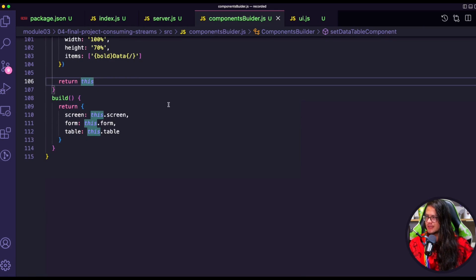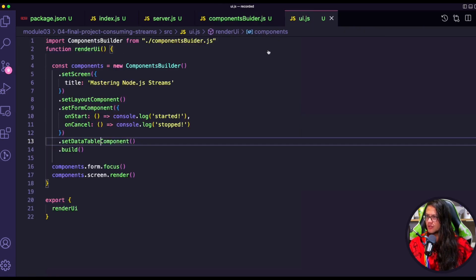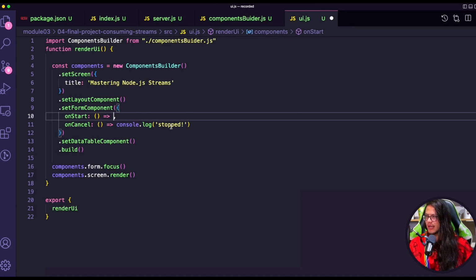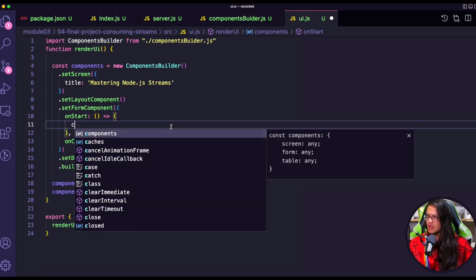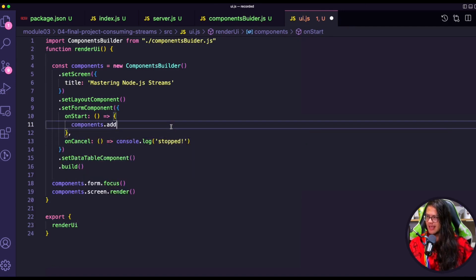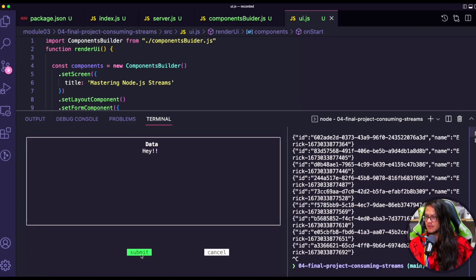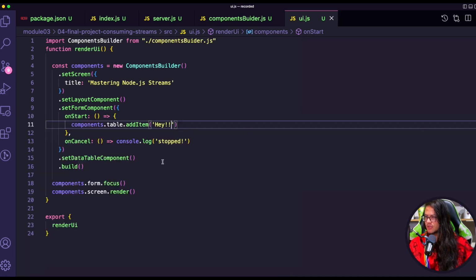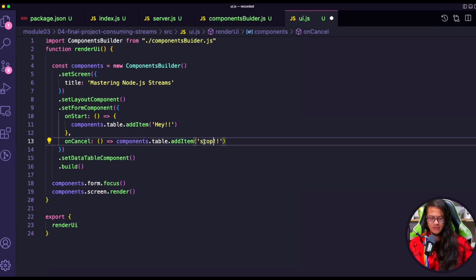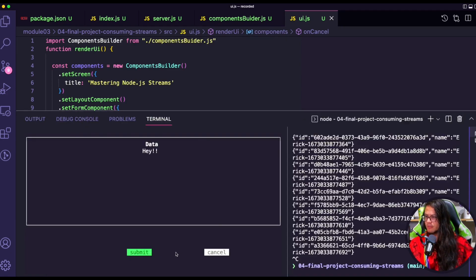Right now, we could try something. We can go back to our UI and say, when I click on the start button, I want to use the components.table.addItem. Hey, and let's see what it does. So I'm putting here, and you can see all the information here. The console is on the logs there, but it should be also here. So you can see the stopped. So if I press submit,